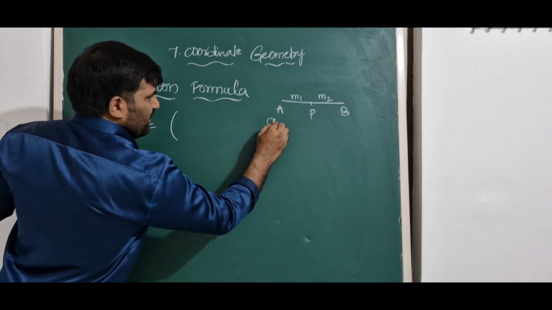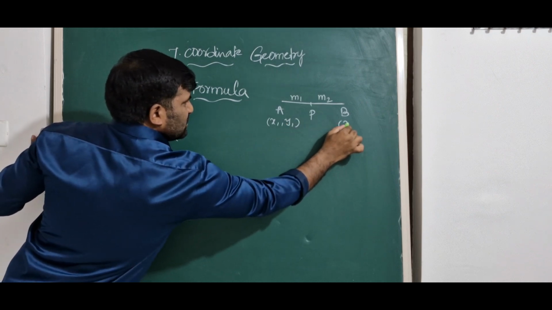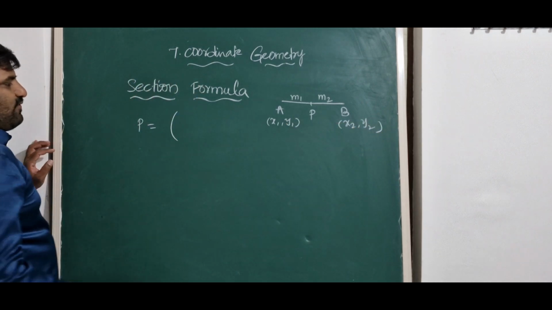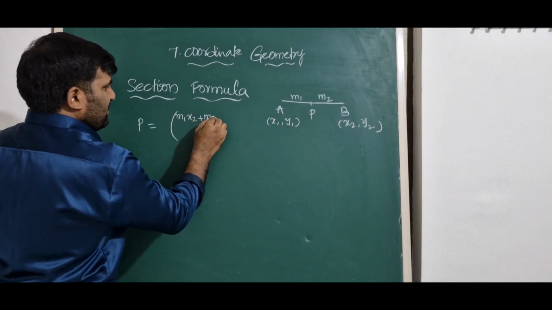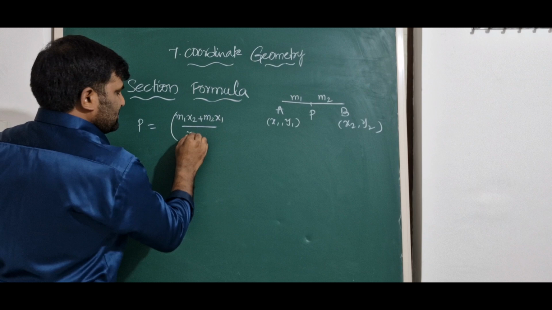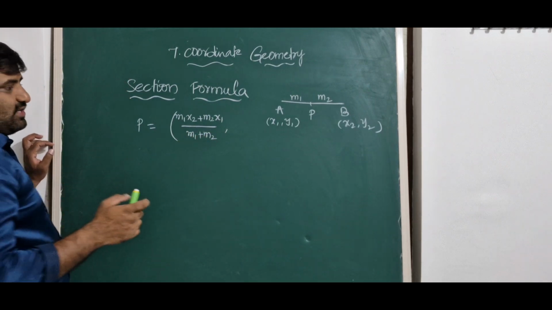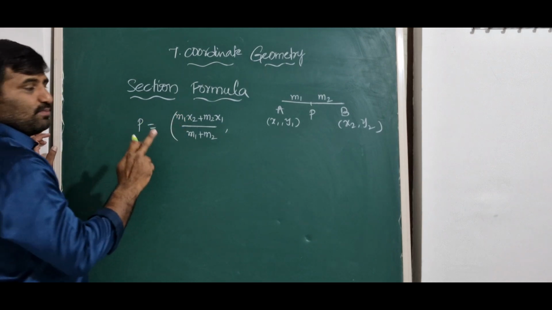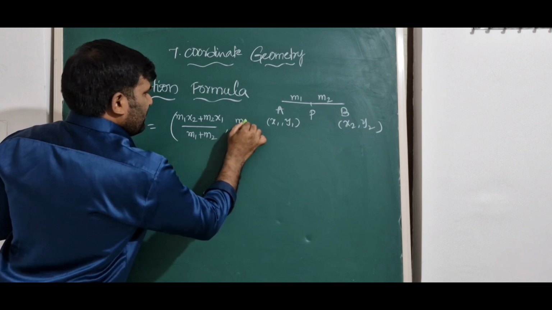M2 ratio, where x1, y1 are the coordinates of A and x2, y2 are the coordinates of B. So the formula to find P is (m1 x2 plus m2 x1) by (m1 plus m2). Same like that we can take the y coordinates also. Some of you will make a mistake, writing m1 x1, that is wrong. It is m1 x2 plus m2 x1 by m1 plus m2, and m1 y2